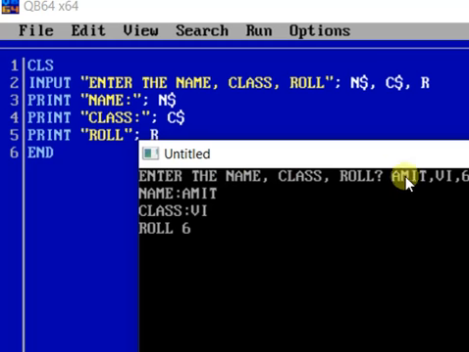So it has taken the values properly. In the name variable, in $N it has taken Amit, in $C it has taken VI, and in roll number R it has taken 6. So accordingly it has printed the variables.